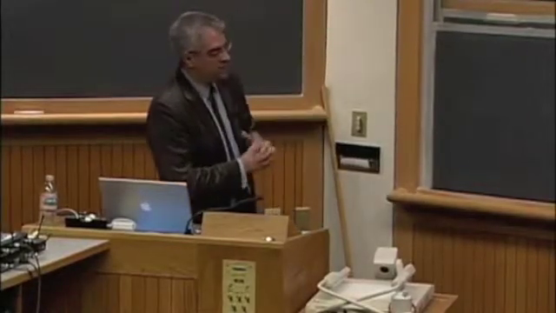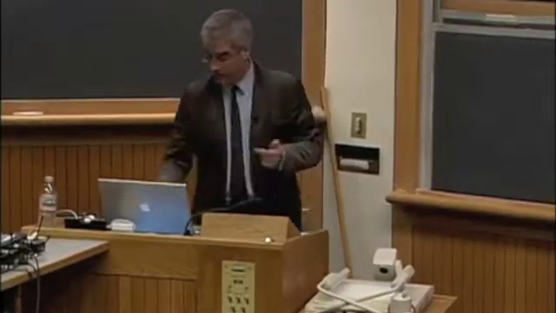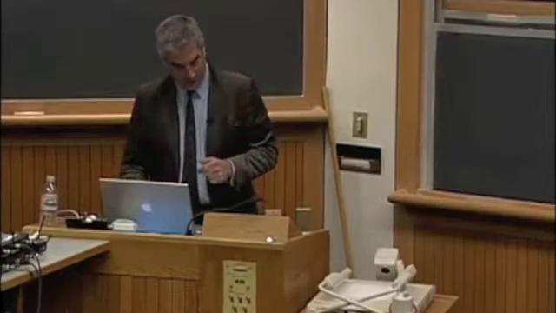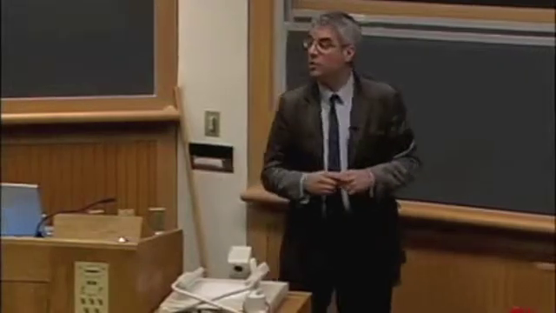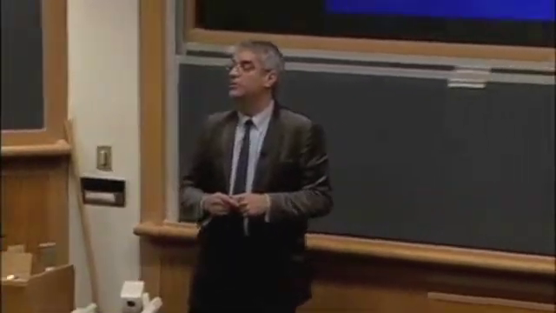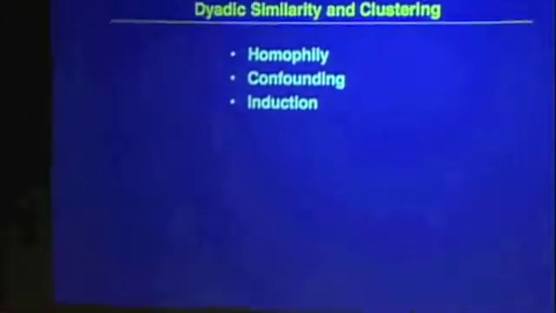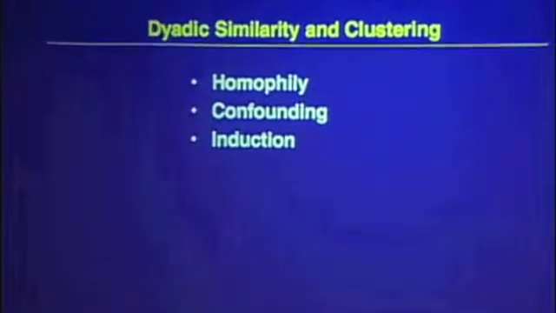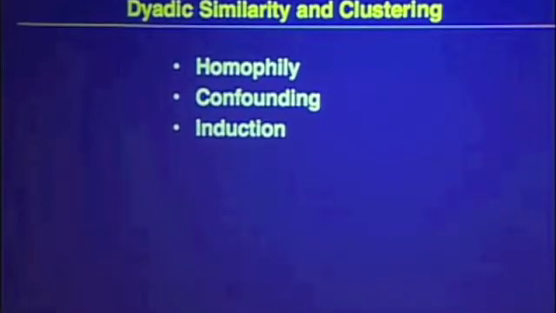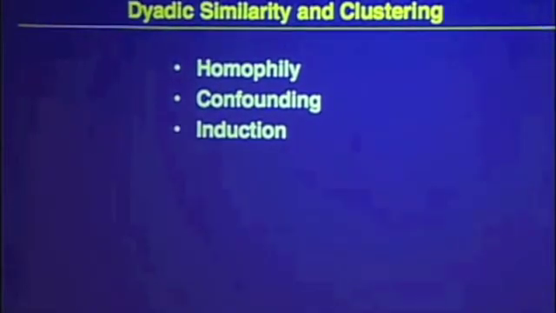Okay. So having observed the existence of homophily, observed the existence of clustering, now the question becomes, well, what's causing the clustering? And there are at least three possible explanations. One is homophily, the preferential tendency of like individuals to befriend like individuals, birds of a feather flock together. So more educated people hang out with more educated people, Dartmouth people hang out with Dartmouth people, overweight people might hang